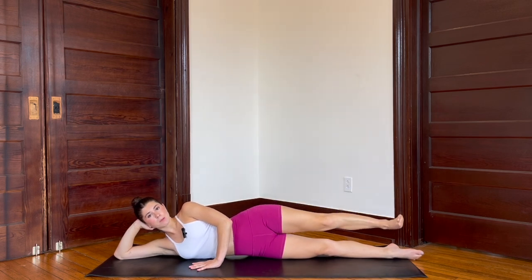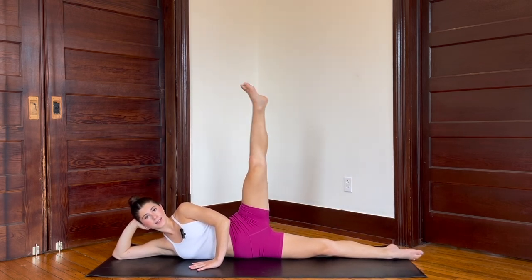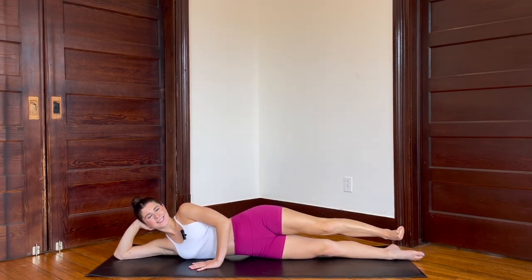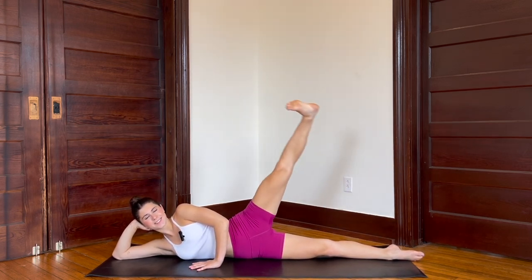9, really stabilizing in the core, not rocking side to side, keeping that core plugged in, nice and strong. For 6,